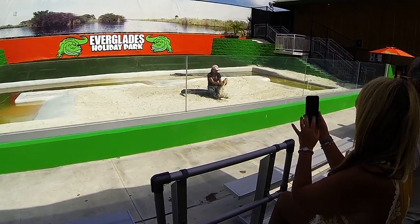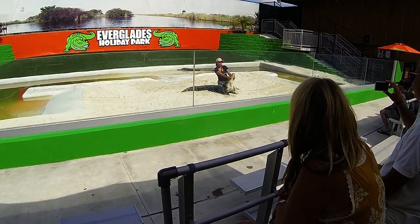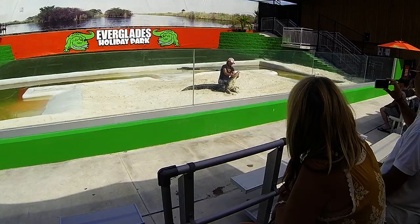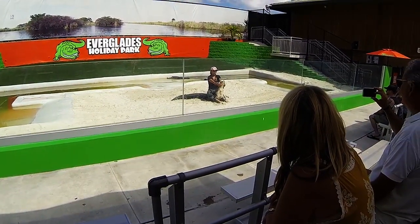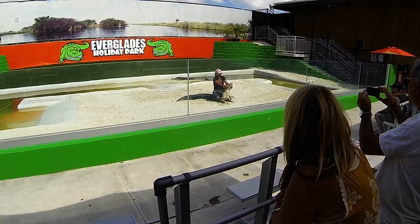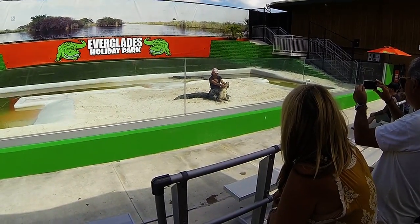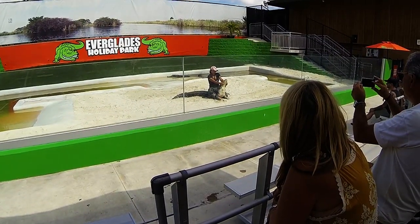Alright, so alligator wrestling. It's based off of techniques that the Seminoles used back in the day when they would go out and capture alligators. Now, in the 1800s, if you're a Seminole warrior, you're going out and you're catching alligators to feed your family. Alligator meat spoils very quickly in the hot Florida sun. There's no such thing as a refrigerator, so you want to catch the alligator and bring it back to your